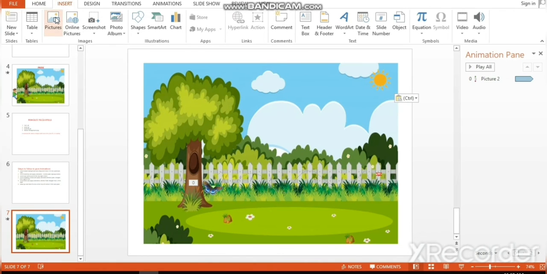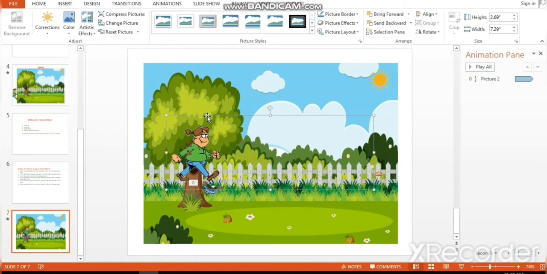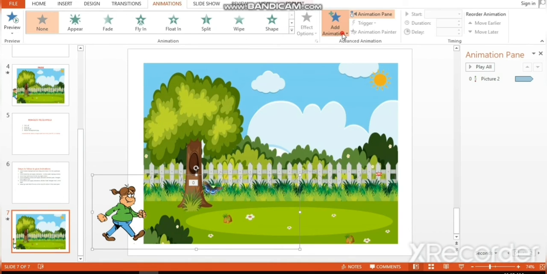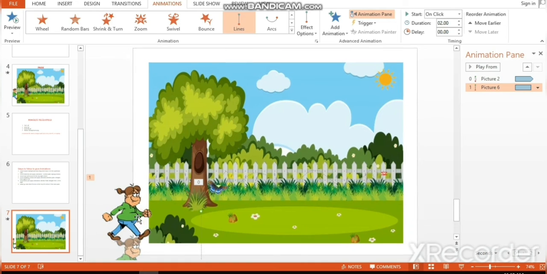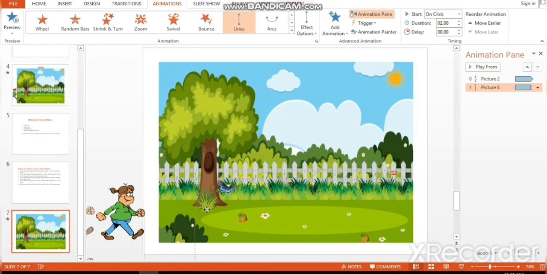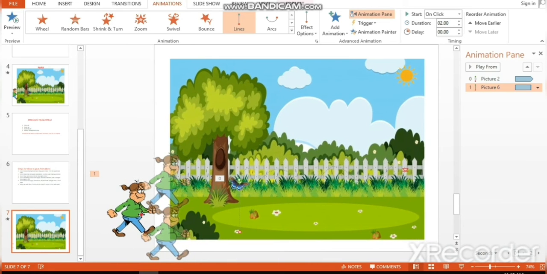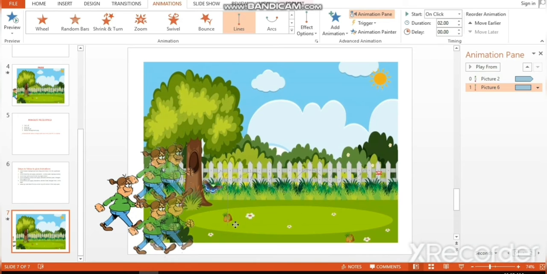For that you have to go to Insert, Picture and select this walking woman, and drag it and resize it and keep it outside the background image, so that when you give animation, that is Add Animation, a straight line, make this line move from left to right. So you have to adjust like this.